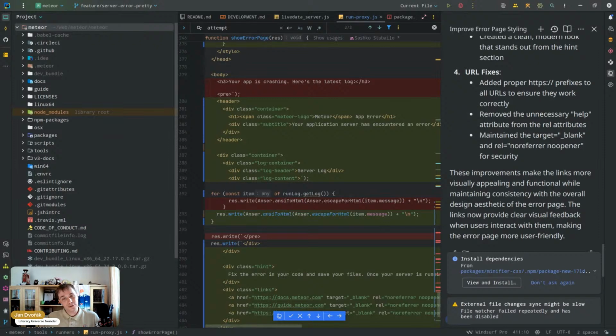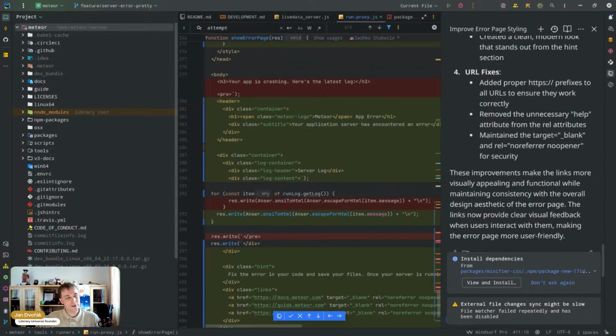And if you don't like this page, it's under run-proxy.js at the end, so you can go in and make it look pretty. So, pretty server error,